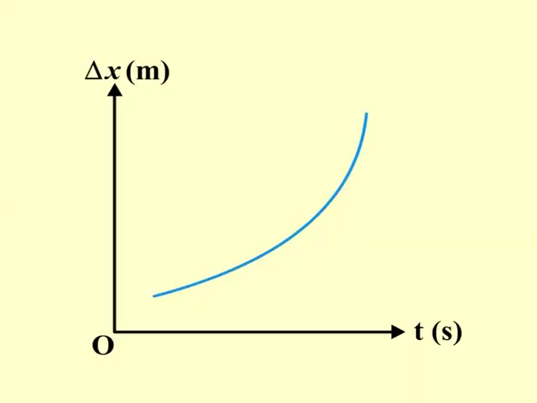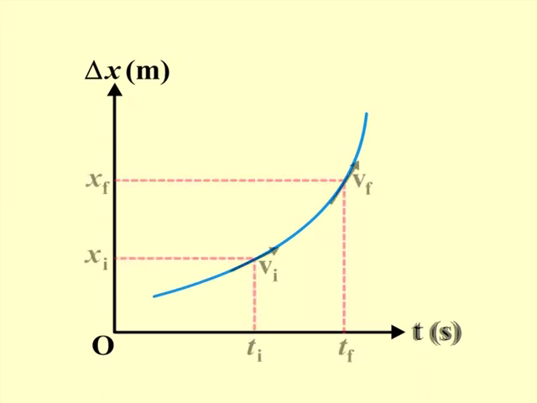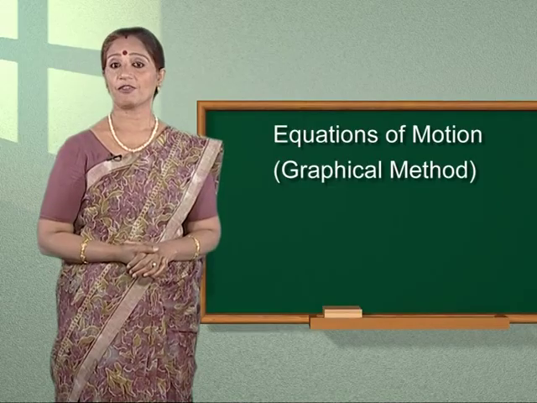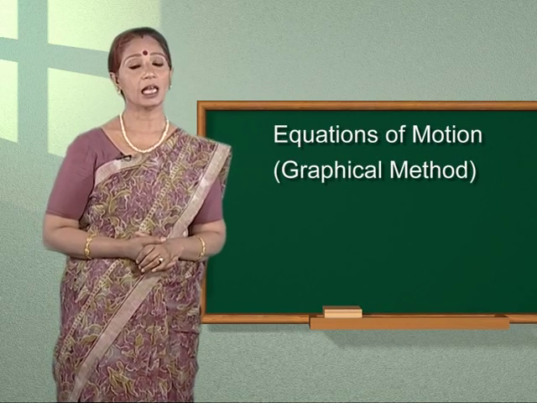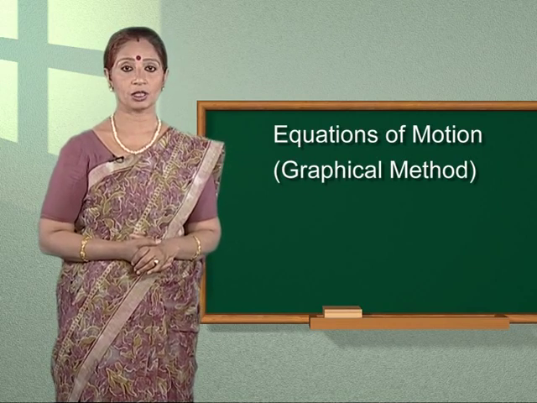It shows a curve. Its slope is variable. This graph shows that the object is under non-uniform motion and moving with constant acceleration as the slope of the curve is also constant. If we draw the velocity time graph for the object in uniformly accelerated motion, it will